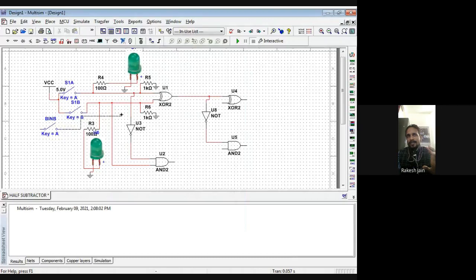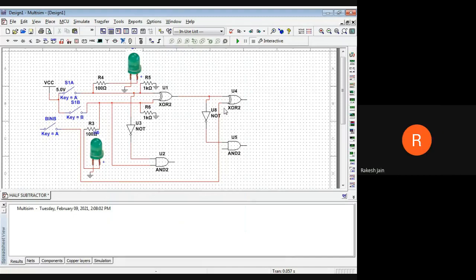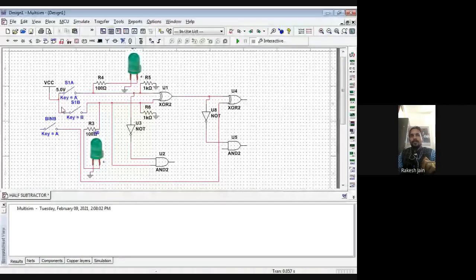Because this is the third input, I give it the name borrow input. So this is borrow input, third input.